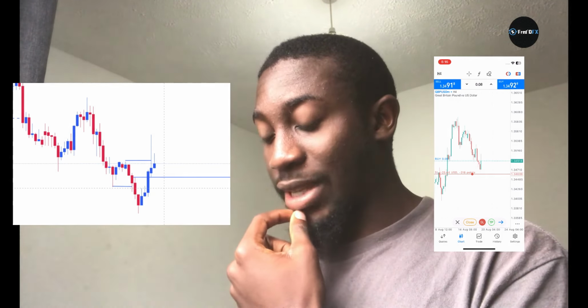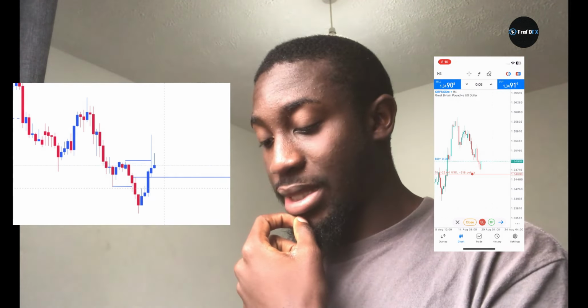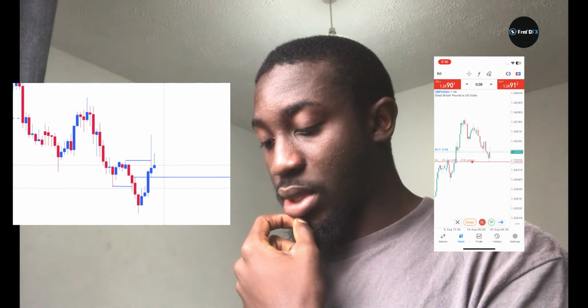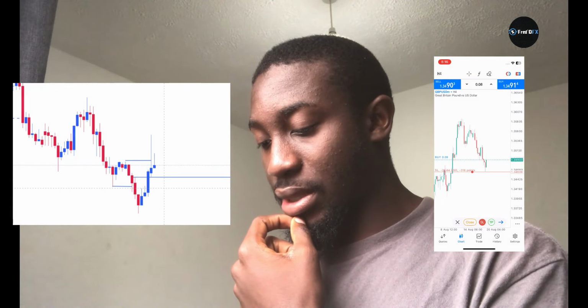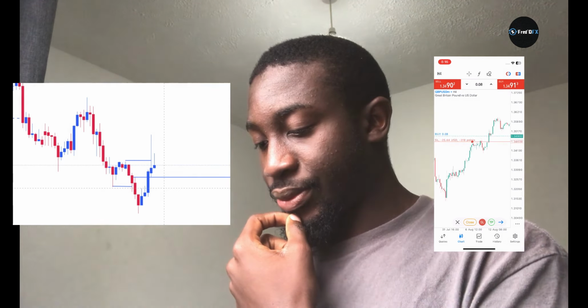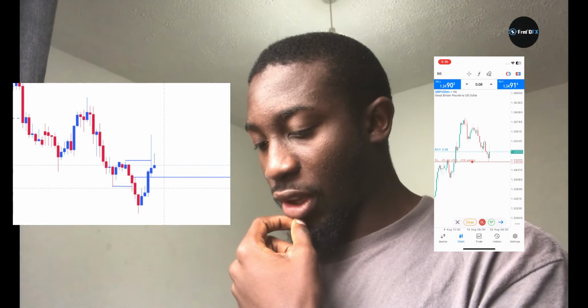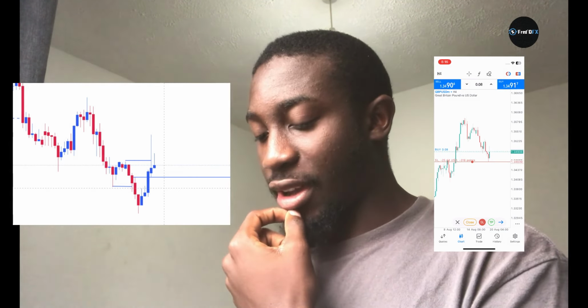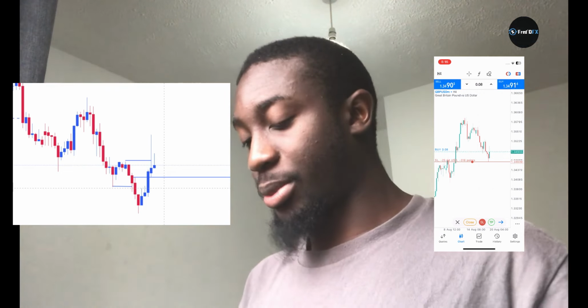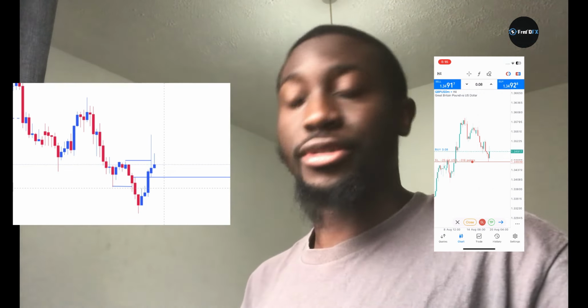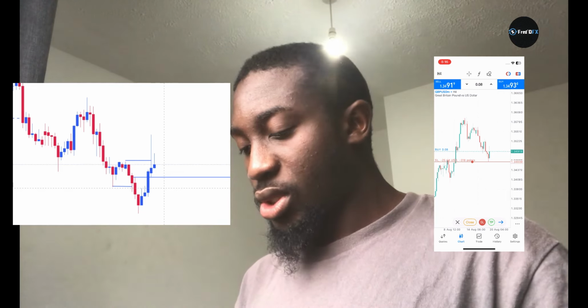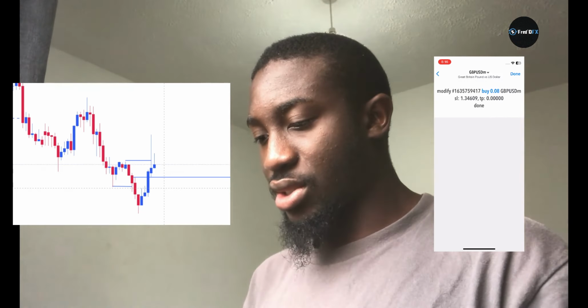But this stop loss is too tight under this low. I don't like a tight stop loss like this. Because if I'm doing 25, I will have to open another position again, so 25 is going to make it 50. So okay, let's leave it. Let's just see how this is going to run.